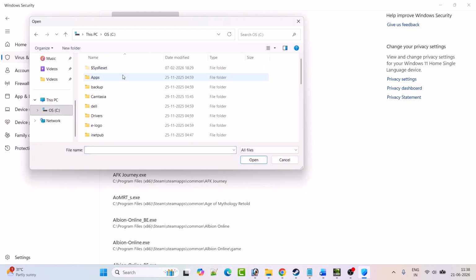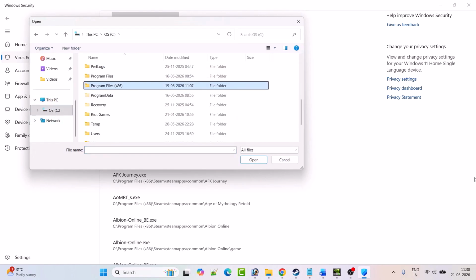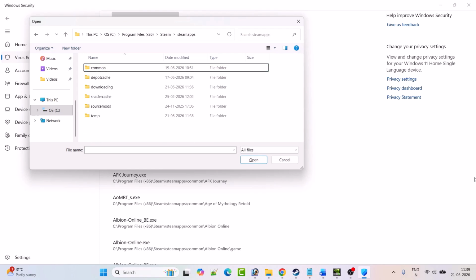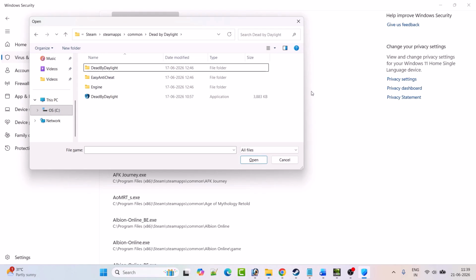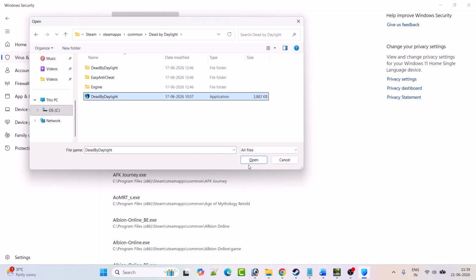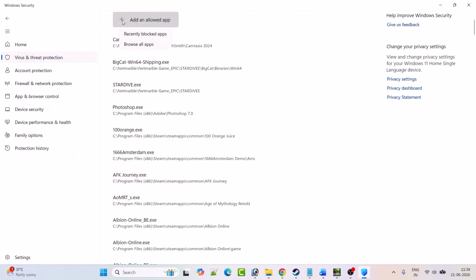folder. So browse to C drive, program files x86 folder, Steam folder, Steam apps folder, common folder. Open the Dead by Daylight game folder. First select this Dead by Daylight exe file, click open and then click on add an allowed app, browse all